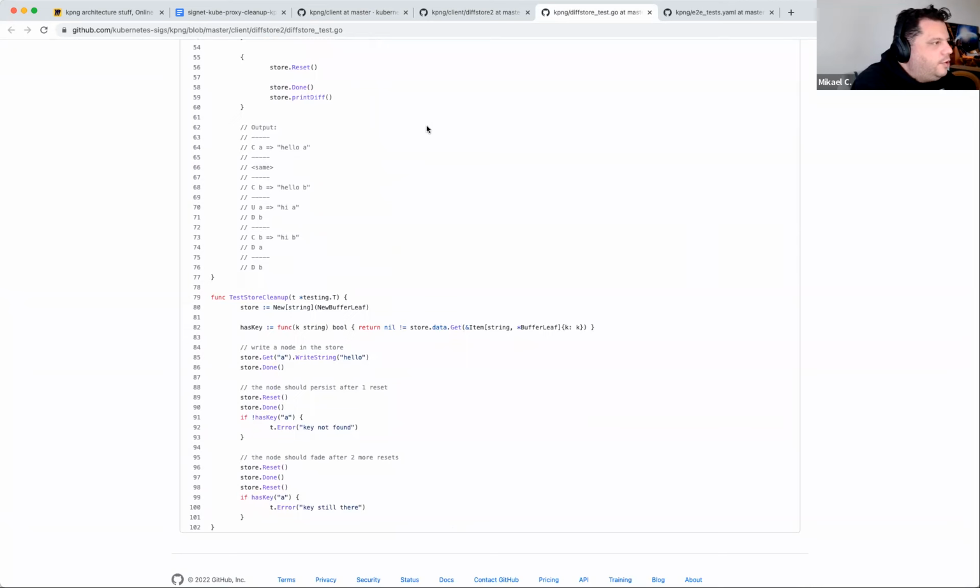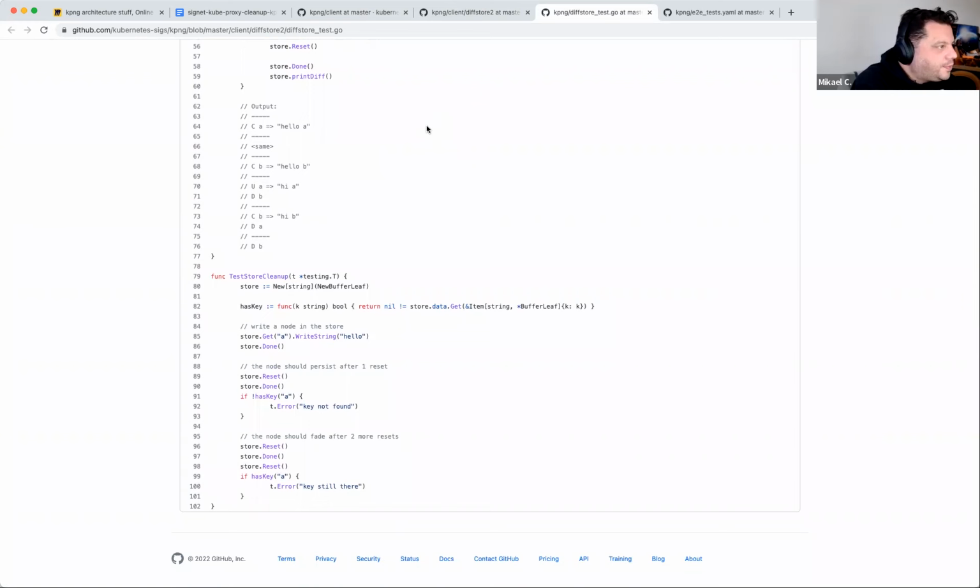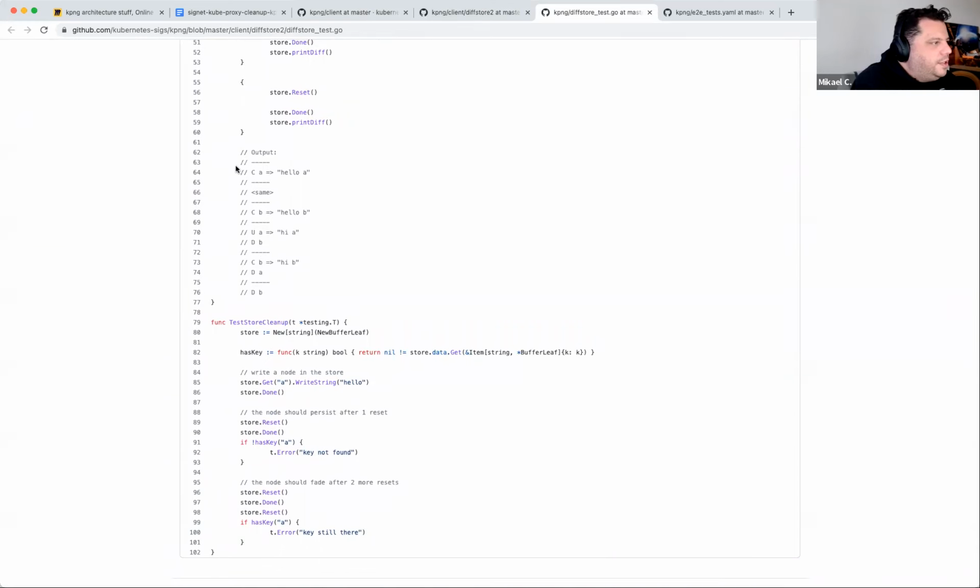So I try to always put example tests, so it's easy to match the output with the code, and it gives a pretty straightforward example.